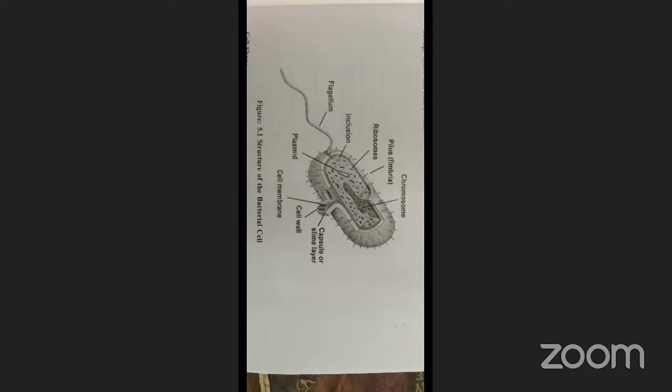The outer membrane is a permeability barrier. Phospholipids are present, along with peptidoglycan and phospholipids. Protein and lipopolysaccharides are also present. Some other components are there: plasma membrane, ribosomes, and some inclusions also present. Plasmids are a special characteristic